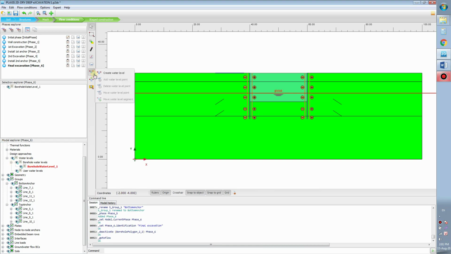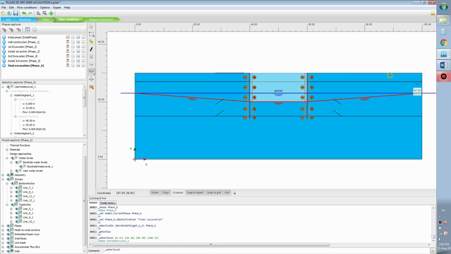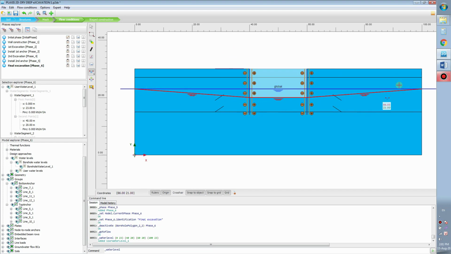So now we will go to create the water level. We will click on this 0.23, the bottom of our excavation at the final stage, and click on this at the right, and click on this, 1, 2, 3, and right click to finish. We have to finish the row of the water. Okay, so